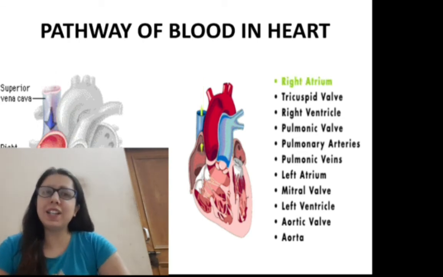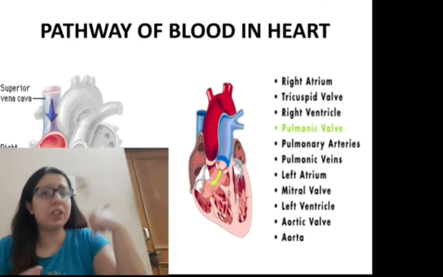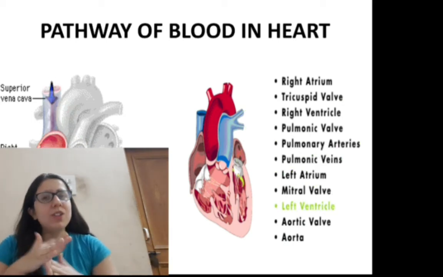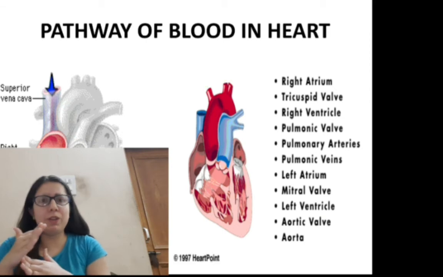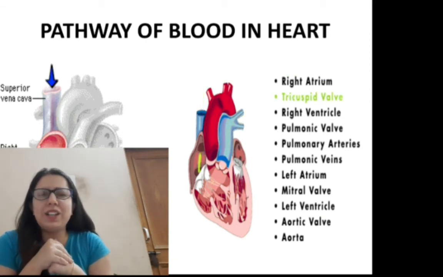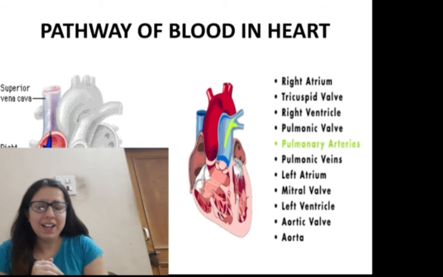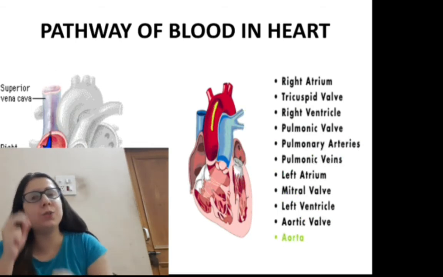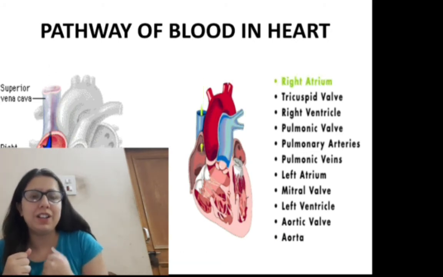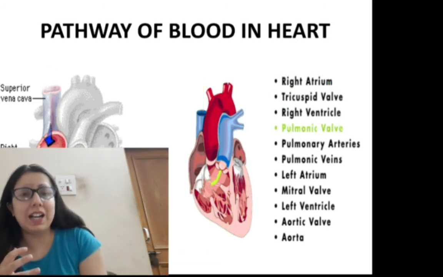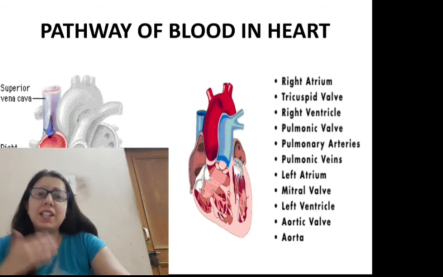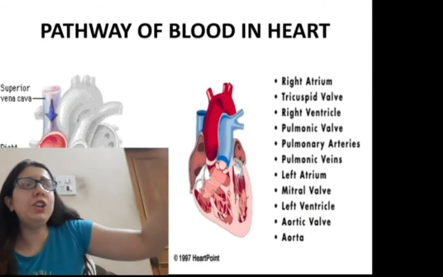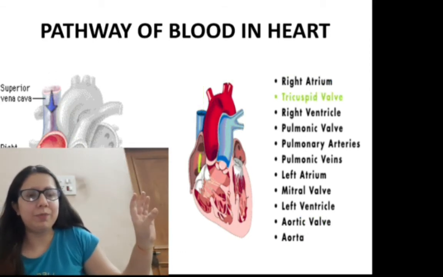So now what does it do? Does it go to the left auricle? No, it never goes. It also doesn't go backward because now the tricuspid valve is shut. It does not allow it to come back, right? So as the ventricle contracts, blood leaves the heart through the pulmonic valve into the pulmonary artery and to the lungs, where it is oxygenated so that it could go to all the body parts, oxygenated blood, right?